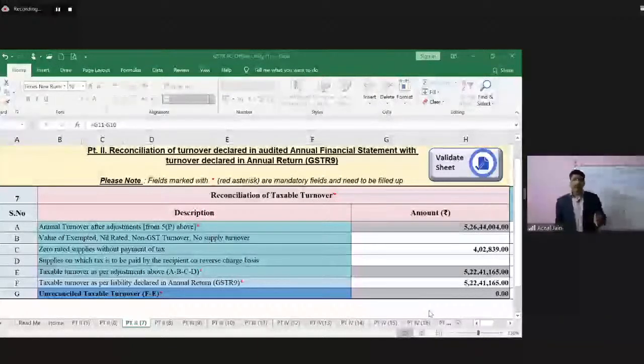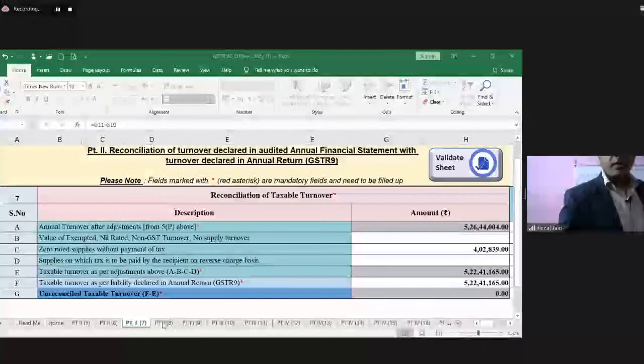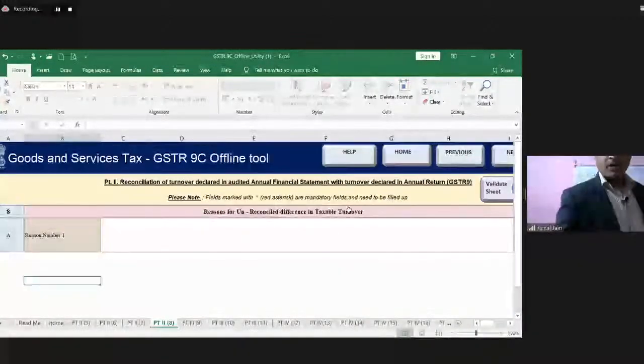Okay. And then he reaches out to the taxable turnover, and this taxable turnover should be the one which is captured in GSTR 9. Okay, clear? Now moving on to the next point. Now on the next point,